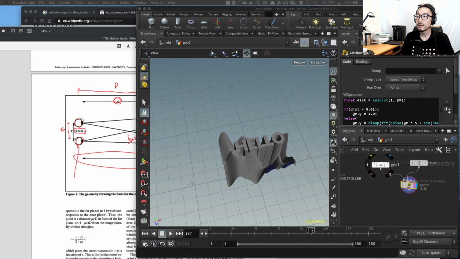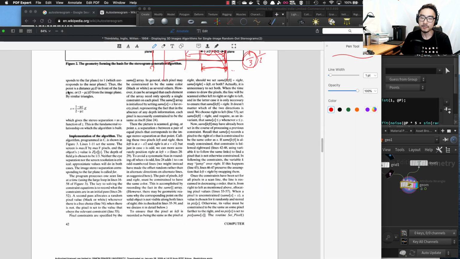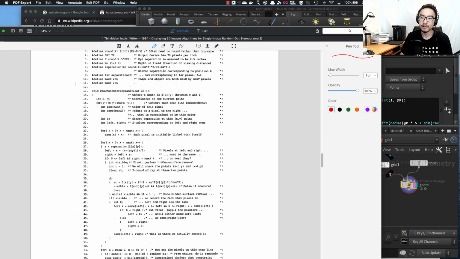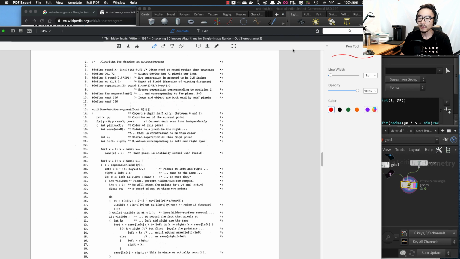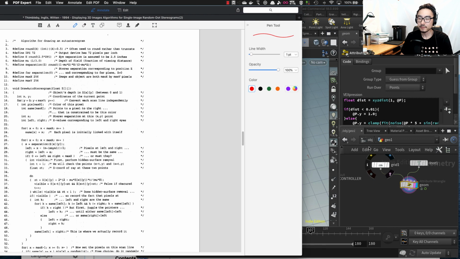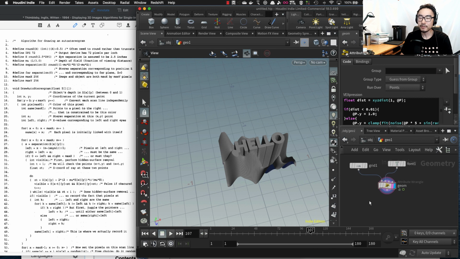Alright, now is the time to set some parameters. I'll set some initial attributes in order to actually implement the code written here in this paper. Okay, so in order to use this algorithm, first of all, what we need to have is